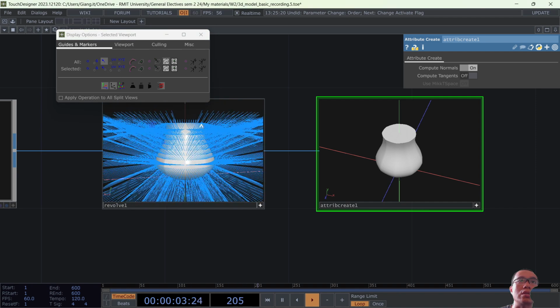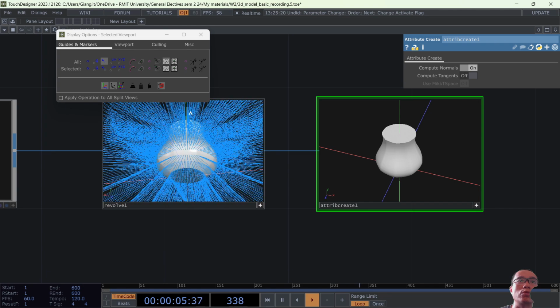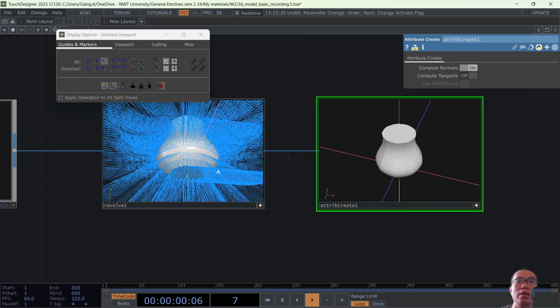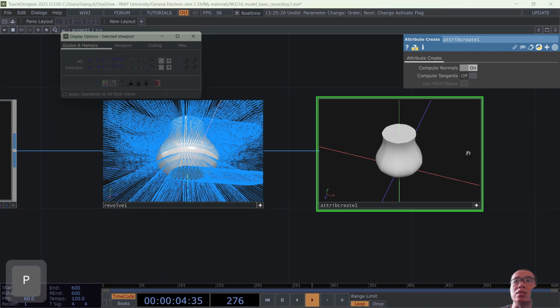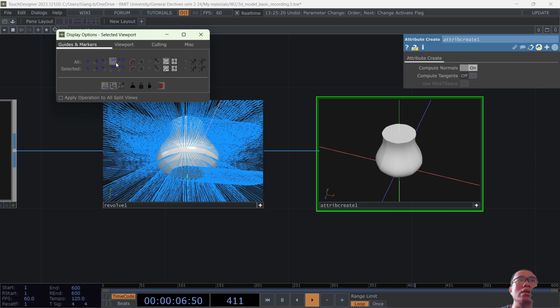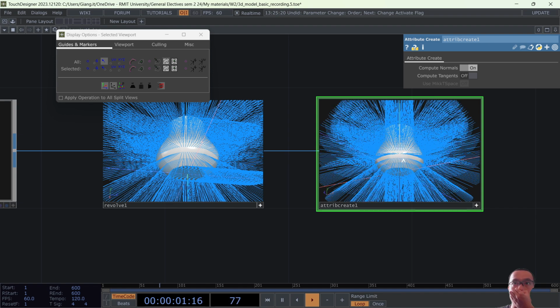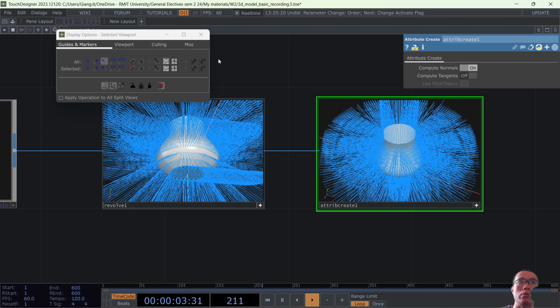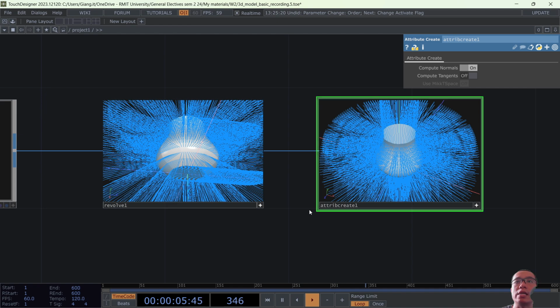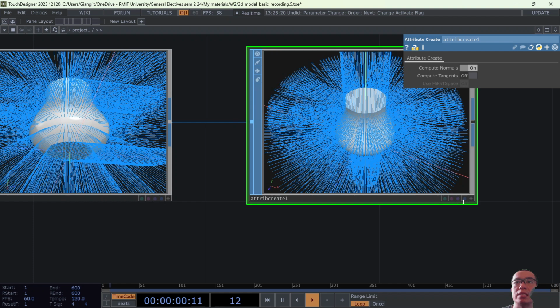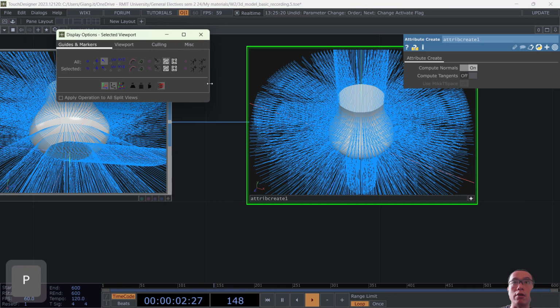Okay, so this is the normal of the geometry, and you're gonna see over here the normal is all over the place. But over here, if I turn this one on, normal, you're gonna see the normals facing the correct directions, basically outwards. All right, so this is basically the purpose of the attribute create over here. Turn this one off just to make everything easier to see. Okay,